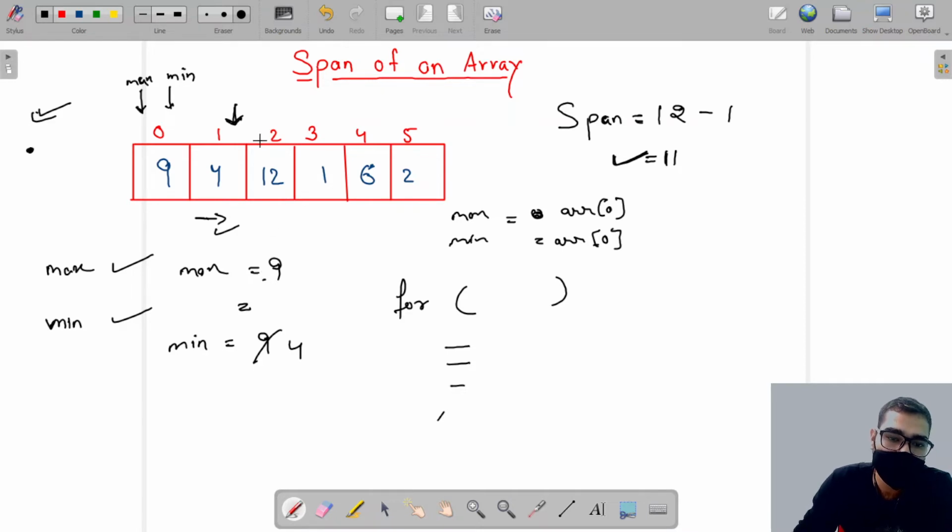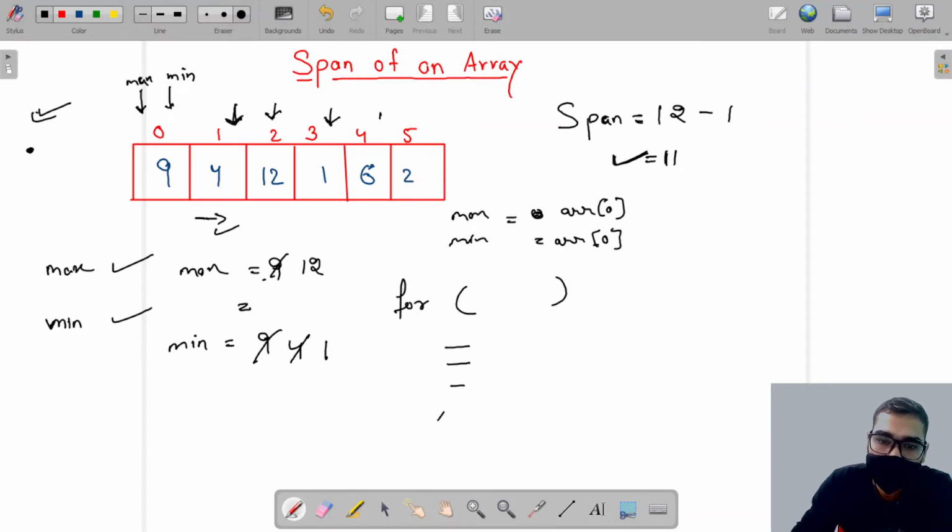In the same way, when my iterator goes here, 12 is larger than 9, so I will upgrade max. But 12 is not smaller than 4, so I do not have any problem with min. Then my iterator moves again to 1. 1 is not larger than 12, so I will not bother my max variable, but I have to bother my min variable because 1 is smaller than 4, so I will upgrade min.